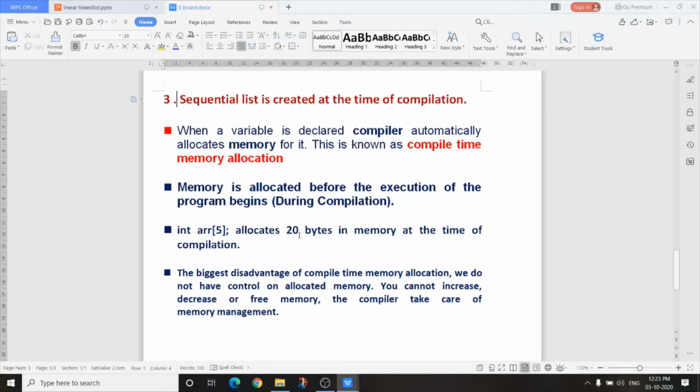The biggest disadvantage of compile time memory allocation is that we do not have control over allocated memory. You cannot increase, decrease or free memory at run time. The compiler takes care of memory management here. So it is another disadvantage of using a sequential list, that is array.